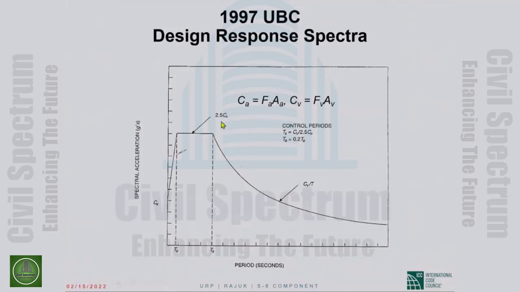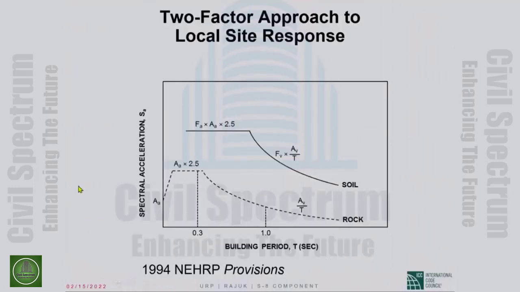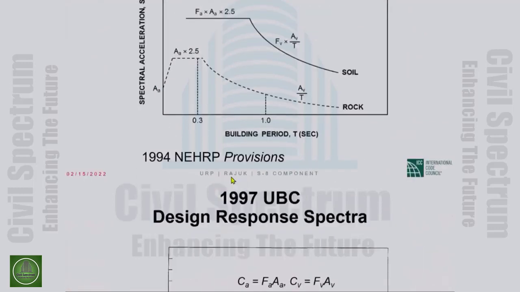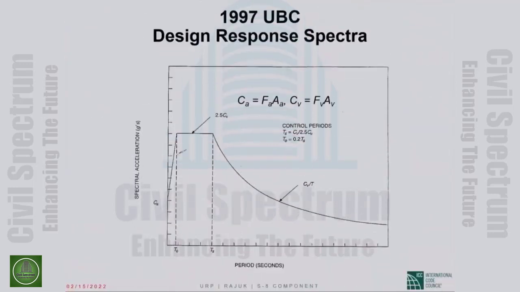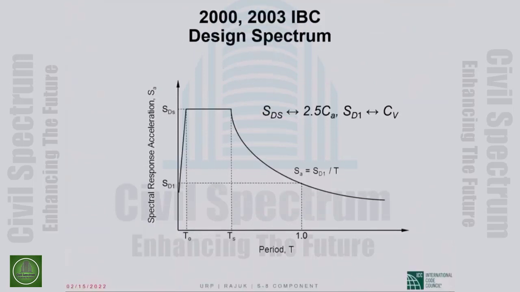So the plateau now is defined by 2.5 C sub A and the descending branch by C sub V over T. Okay. The C sub A is like F sub A times A sub A. And the C sub V is F sub V times A sub V. The 97 UBC spectrum is exactly this spectrum of 1994 NERP provisions. This F sub A times A sub A is being called C sub A, and the F sub V times A sub V is being called C sub V. That's all that has happened. Okay. And then coming closer to today,